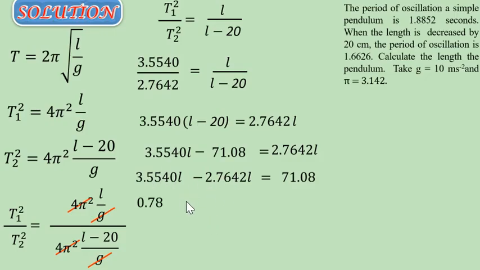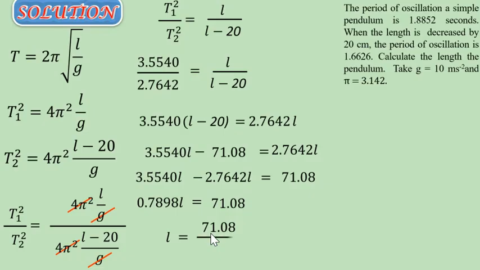If you subtract correctly, you are going to have 0.7898 L equal to 71.08. So we divide both sides by 0.7898. That will give me L equal to